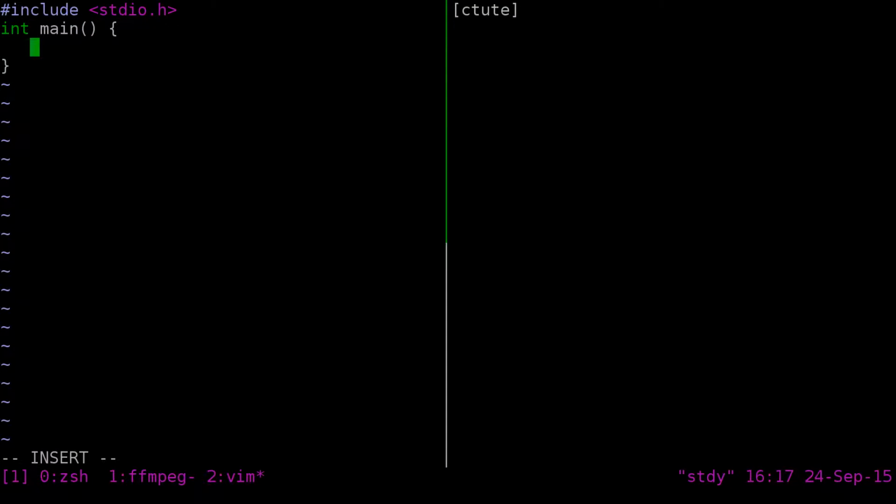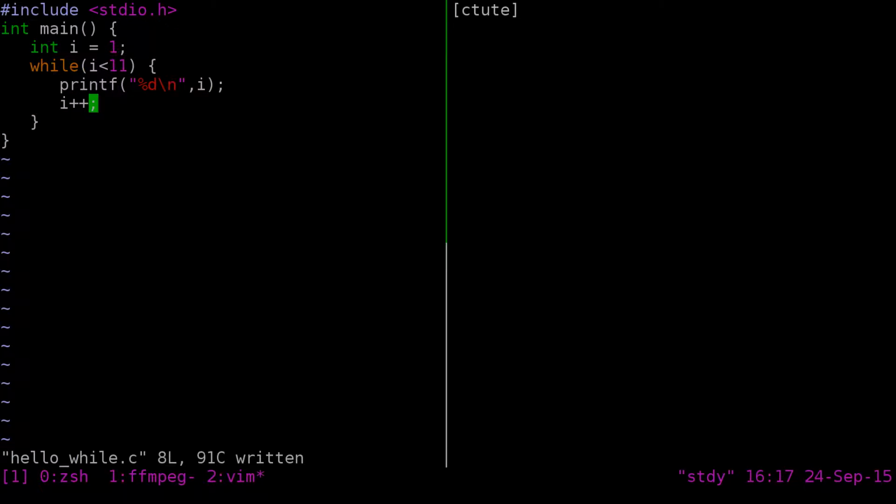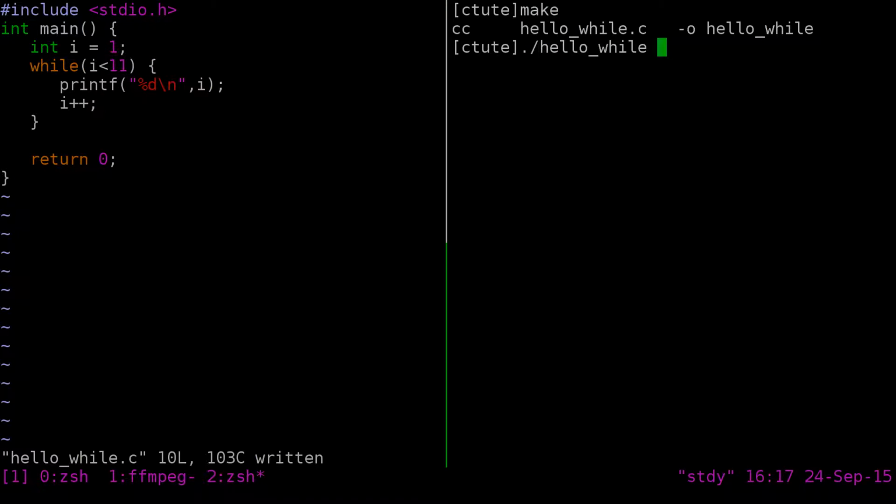So here we go with the while loop. We again declare a variable, and then we can say while i is less than 11, print out our i value, and then increment i. Let's see what that does. Again, it just prints the values 1 to 10. So i is initially 1, this is true, 1's less than 11, prints it out. i is then 2, i is then 3, and so on until i is 10, in which case this is